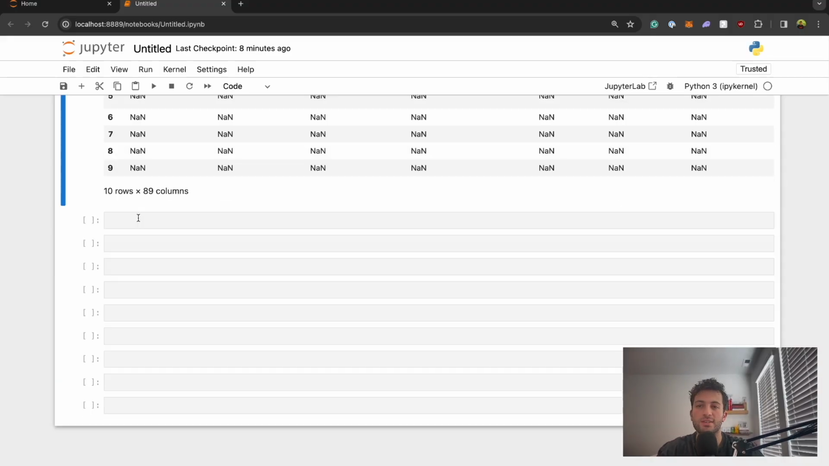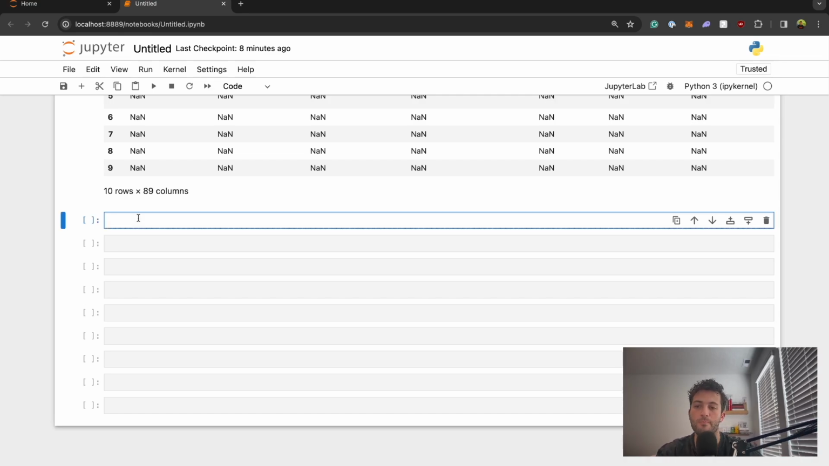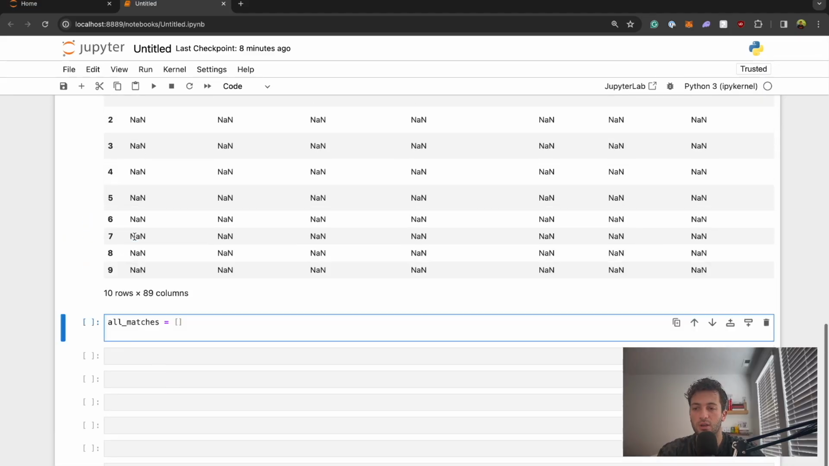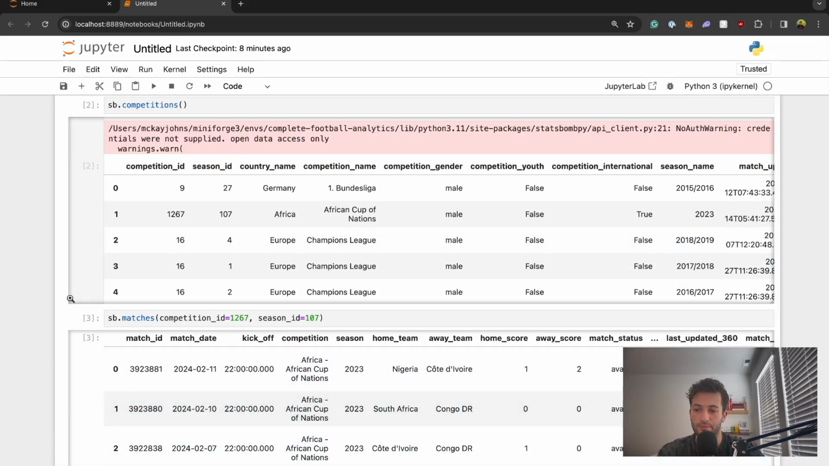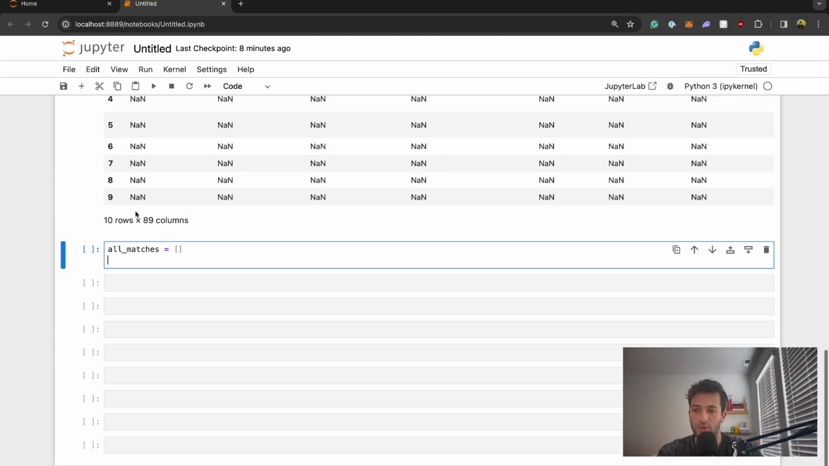We can do more with this. Let's say we wanted to go and get all of the data for a specific competition. We have to loop over and make an API call for every match inside of a competition. So we say all_matches equals an empty list, and then we can loop over this match ID column right here. So we'll say for match_id in sb.matches with competition ID equals 1267 and season ID equals 107,